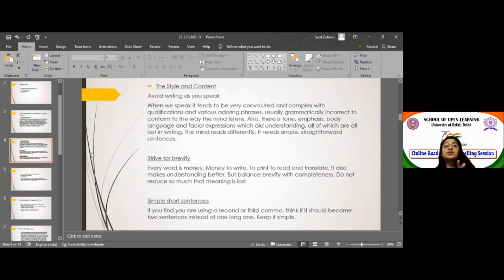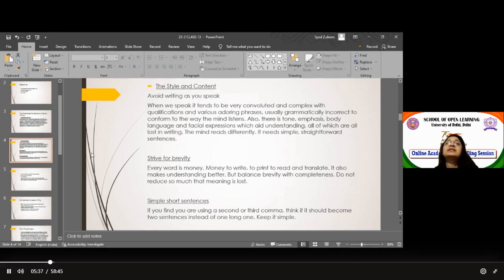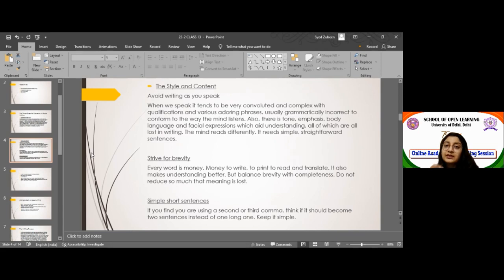Brevity is about the words that you're using; they should make sense. Don't write 2 or 3 or 10 pages. Short and complete sentences that make sense should be written. कम से कम में जितना ज़्यादा बोल सकते हैं, that is what is to be focused on, right? And that is what is a strive for brevity. In 5-6 sentences, if you can explain what you have to say, do that, but don't write a whole paragraph